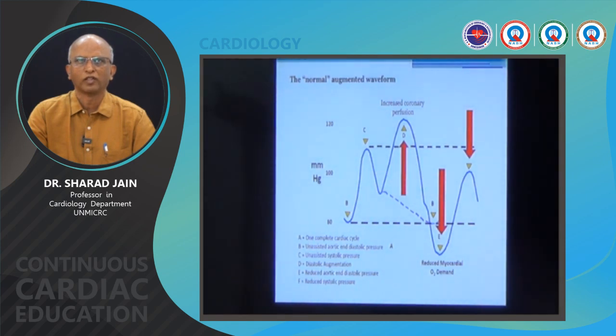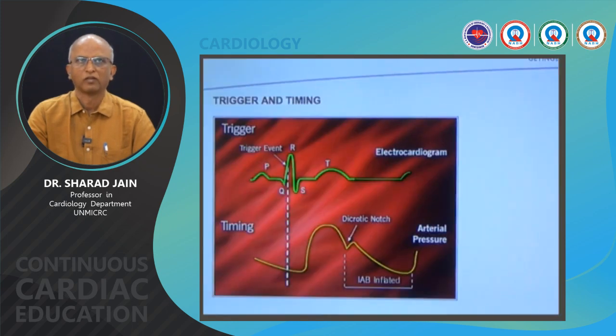If you see, first is the complete cardiac cycle, with unassisted aortic end diastolic pressure represented by A, then C is the unassisted systolic pressure, then D is the diastolic augmentation, and then E is the reduced aortic end diastolic pressure after diastolic augmentation. These are the trigger and timing. Trigger event is based on the ECG, so it usually gets inflated with the diastolic